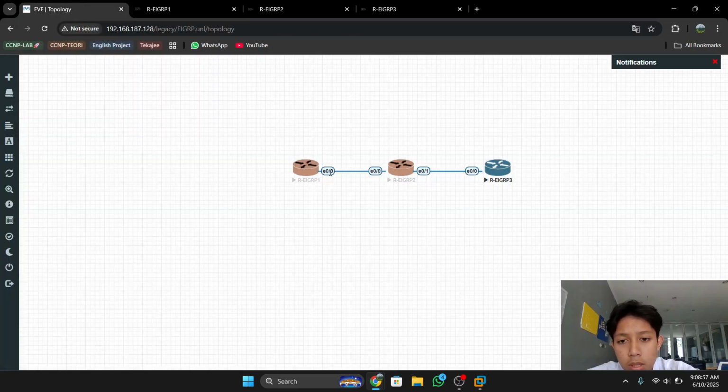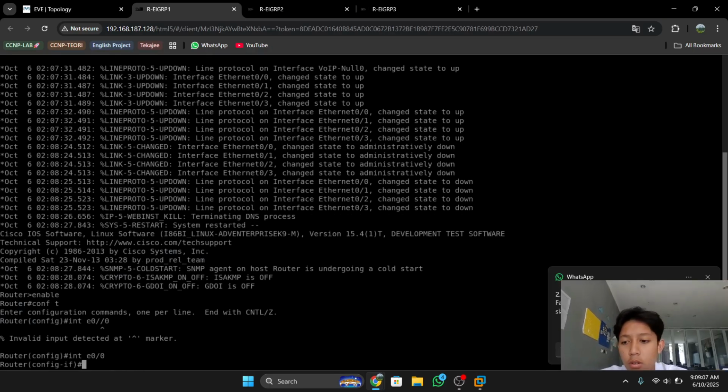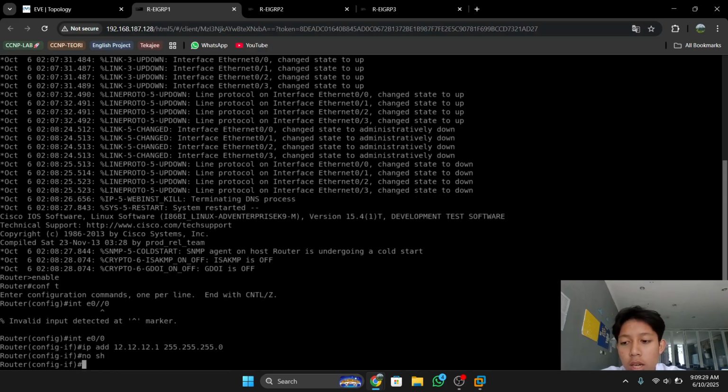For example, I connect with interface 0/0, so I will enter interface 0/0, and then you can add the IP address: ip address 12.12.12.1, and the subnet mask is /24, the prefix is /24, or 255.255.255.0, and don't forget no shutdown to activate your interface.